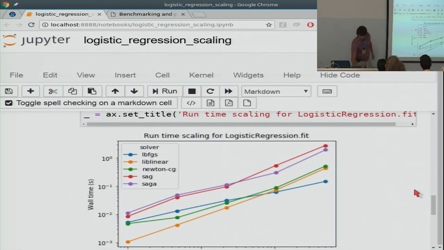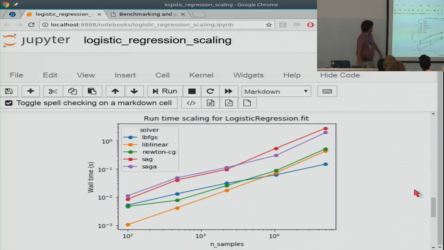Okay, so here, for instance, you see the runtime for different solvers for logistic regression for the fit method. And what you see is that as the number of samples increases, the fastest one initially is liblinear, and then at later times is LBFGS.